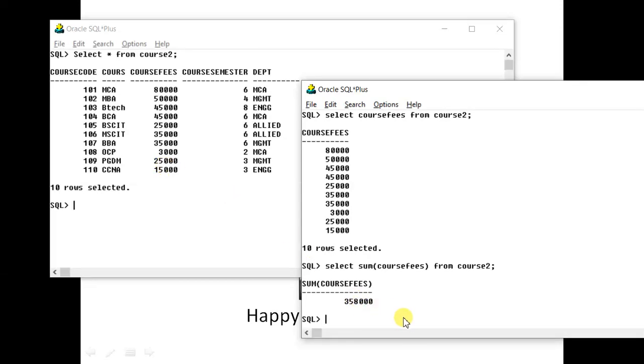Now, if I change the question to display department wise course fees, I mean display the fees of all engineering courses, all MCA courses, all allied courses. One non-suggestive method of doing it is this.